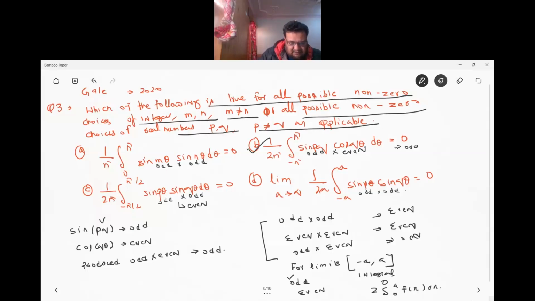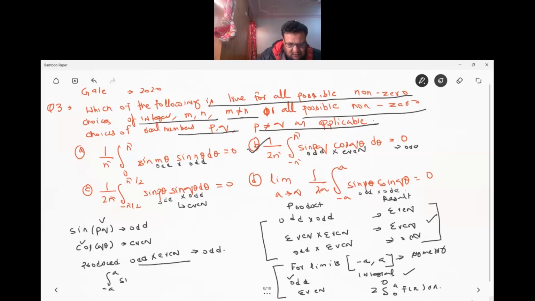Sine function is an odd function, cos function is an even function. Okay. If you are just doing a product of odd and even, you will get an odd function. So this is your product, okay, and this is your result. Product of odd into odd is even, okay, and product of even and even will give you even always. Odd into even will give you odd. Now you have to remember this for limits, like if these are symmetric limits, the integration of an odd function will give you 0. Like for example, if you have